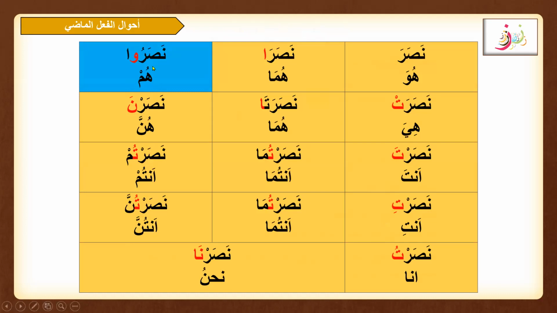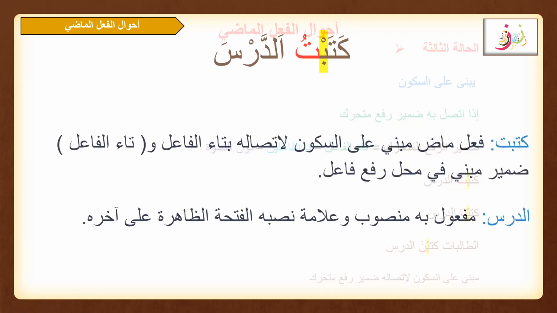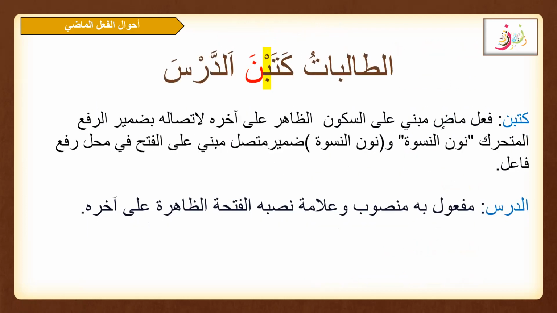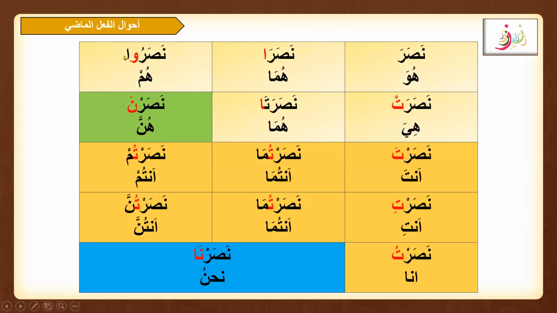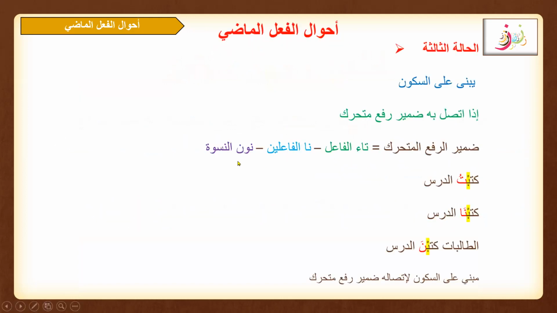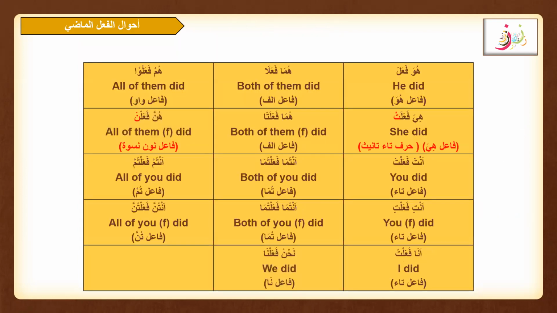The third condition, as mentioned here, was when it is attached with the damir rafa' mutaharrik, and these are of three types: ta al-fa'il, na al-fa'ilin, and nun al-niswa. We did the i'rab for all these: katabtu al-darsa, katabna al-darsa, at-talibat katabna al-darsa. These are the examples we did for ta al-fa'il, na al-fa'ilin, and nun al-niswa. Here you can see these three types of damir rafa' mutaharrik, as shown in the chart. All right, then